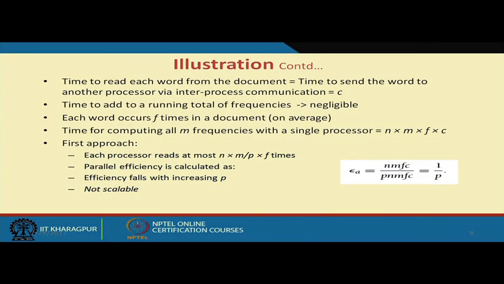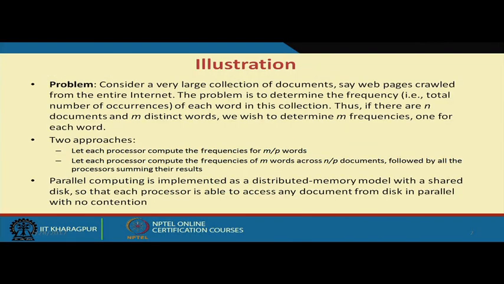So, the efficiency falls with increasing p. If we increase p, the efficiency falls, so it is not constant. So, it is not scalable. It is easy to conceptualize, but there is a problem in the scalability of this approach. So, letting each processor compute frequencies for m by p words is not